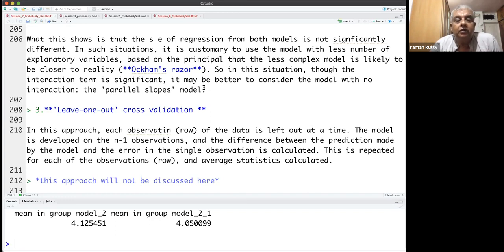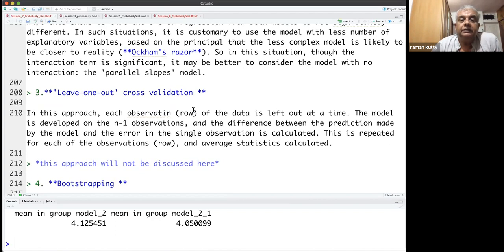So that is called leave one out cross-validation. And you take the average of all this, just like we have seen. And there are packages which can do this. I won't go into the details of that. So I'm just leaving that particular technique aside.